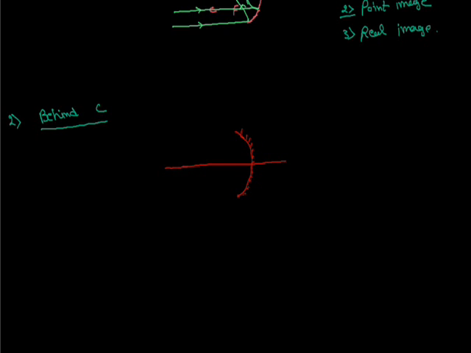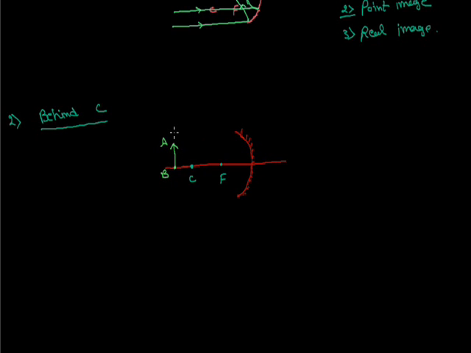Okay, now this is the center of curvature, this is the focus. The object is placed just behind C, which means the object is placed at this point. This is represented as A and this is represented as B. The tail is represented as B and the head is represented as A. According to the rules we have to specify only 2 points, A and B. This is a combination of infinite points, but we will use only 2 points, that is point A and point B.